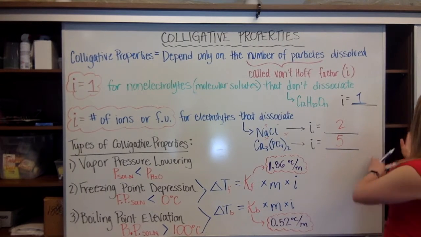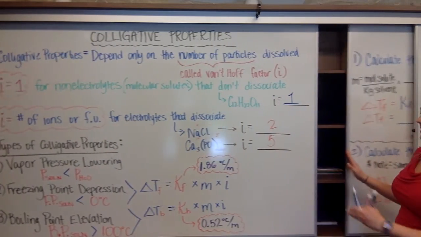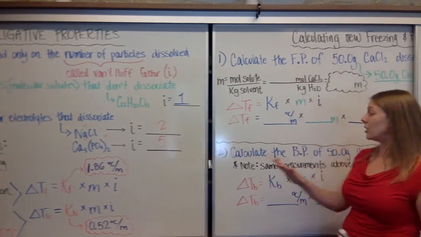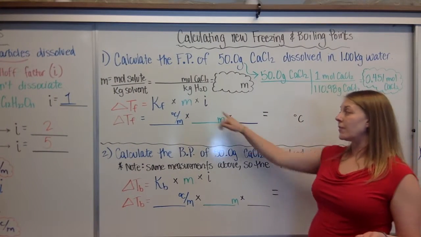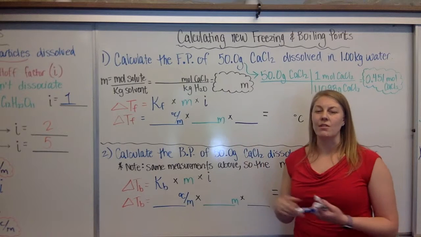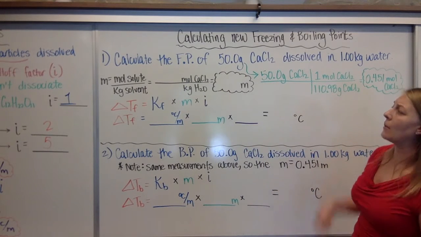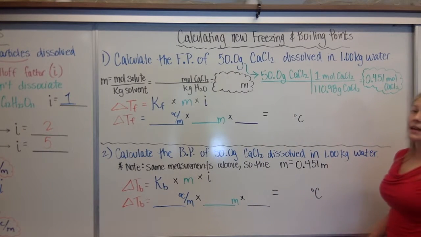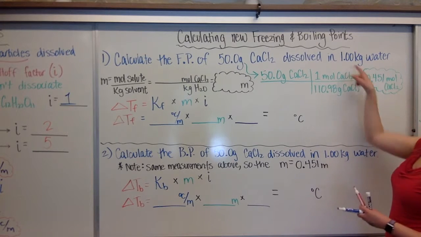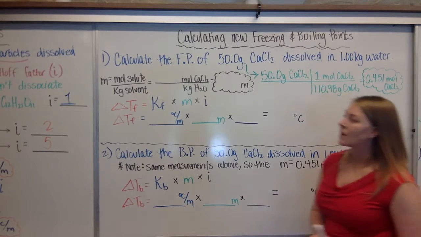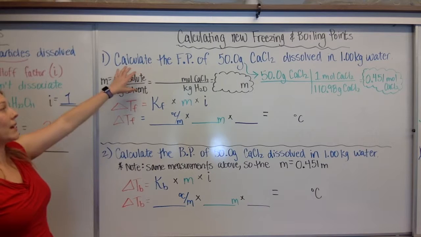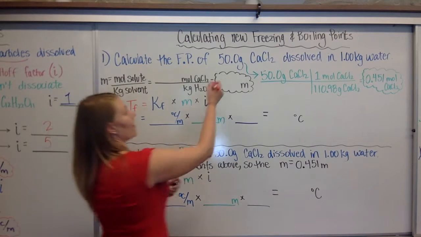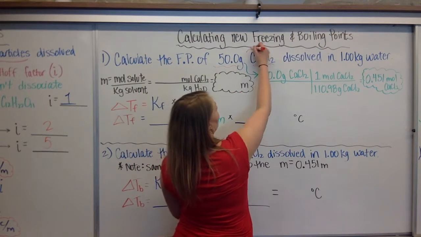All right, so let's take a look at what these calculations look like. Now that we know how to calculate molality and we know how to find I, all we have to really do is plug that in. So for this problem, calculate the freezing point of 50 grams CaCl2, calcium chloride, dissolved in 1 kilogram of water. Well, we know that we're going to need molality, so we're going to have to calculate molality here. If you notice, we have 50 grams of CaCl2,